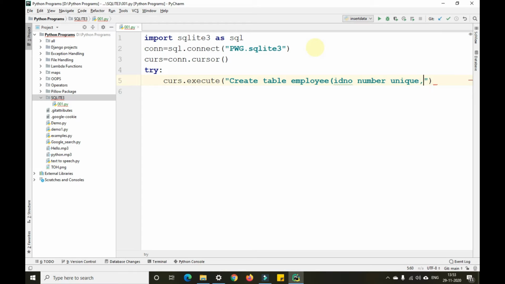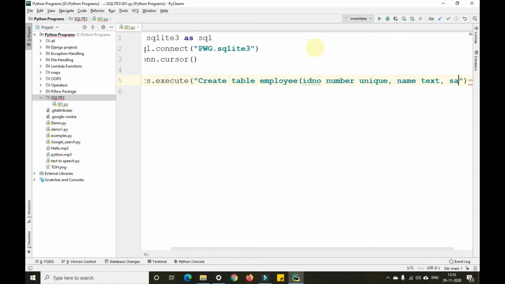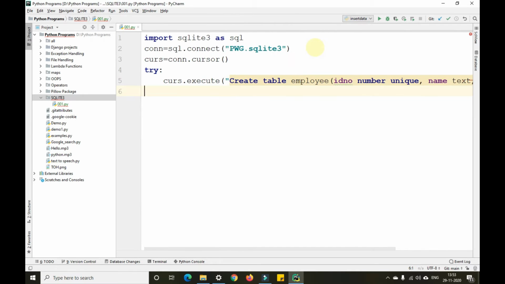Then after that I'll take a name, and this is the text, comma salary into real or float. I'll take real here. I'll close this bracket here and then come out of that particular thing.